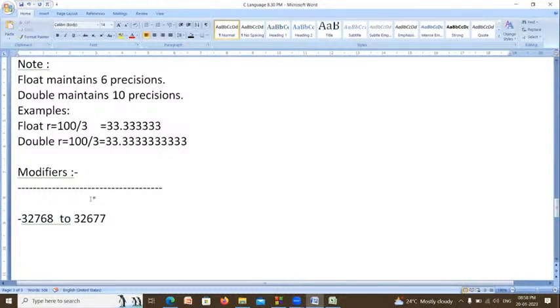Up to 2. Very good. Up to 2 liters you can store. Suppose you pour beyond 2 liters. I pour 3 liters. Then what happens? It will fall down. Very good. 2 liters will be stored and the remaining 1 liter will be wasted. Am I right?